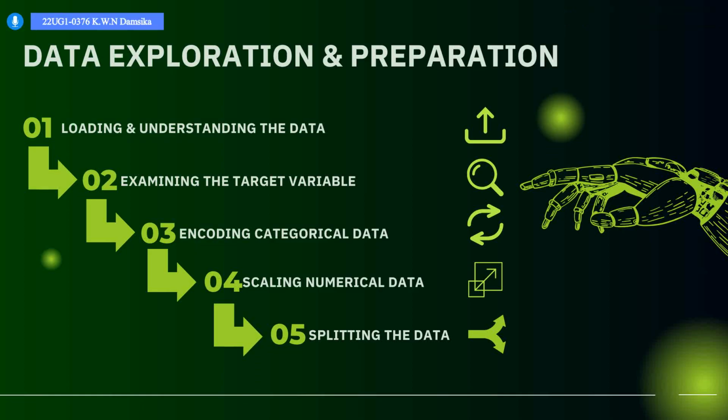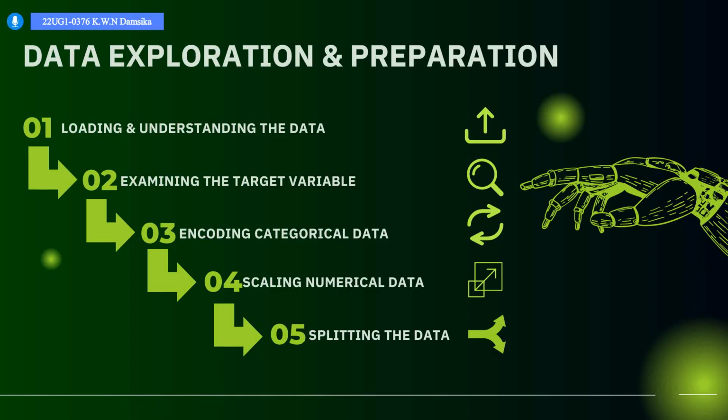Let's go through the steps we took to explore and prepare the data. First, we loaded the dataset and checked its structure. This helps us understand the data and find any problems, like missing values or unnecessary features. Next, we looked at the target variable, which shows how many students fall into each category: graduate, dropout, or enrolled. We noticed that there are fewer students in the dropout category, creating an imbalance that we need to handle when